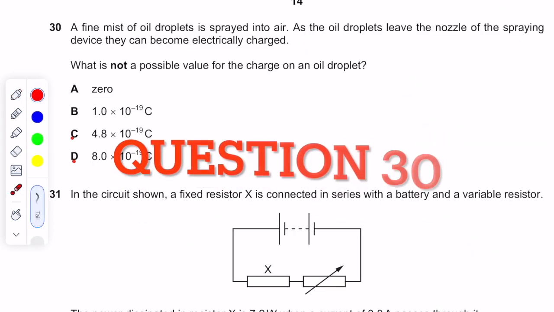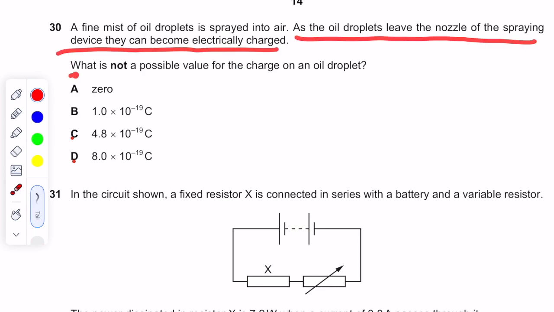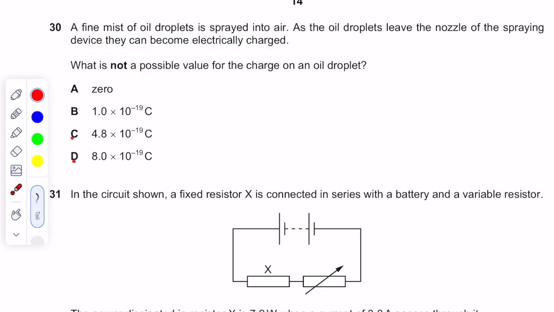D. A fine mist of oil droplets is sprayed into air. As the oil droplets leave the nozzle of the spraying device, they can become electrically charged. What is not a possible value for the charge of an oil droplet? There's something about electric charge. Charge